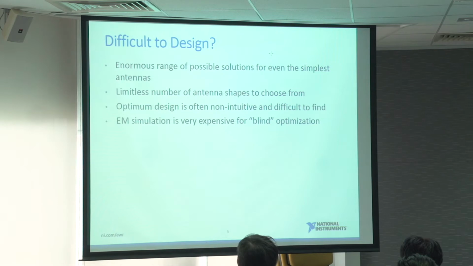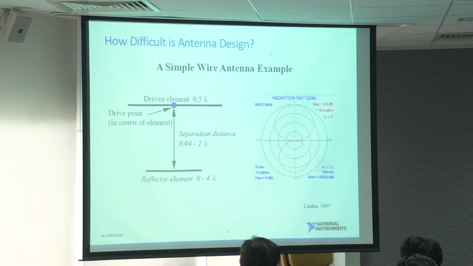Next slide. So just to give you an example of how difficult antenna design really is, I've got a simple wire antenna. I've got two variables: the separation distance between the driven element, the dipole element, and a reflector, and the other variable is the length of the reflector element. And I'm looking to maximize gain in the forward direction, towards the zero, as you see on the radiation pattern. I'm looking to maximize that number. So the next slide